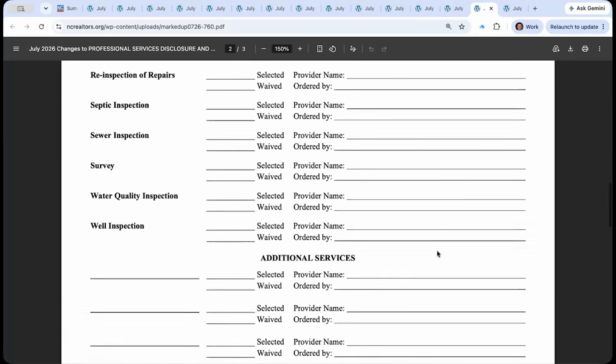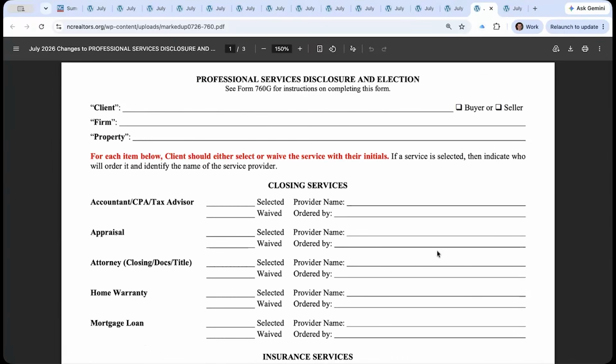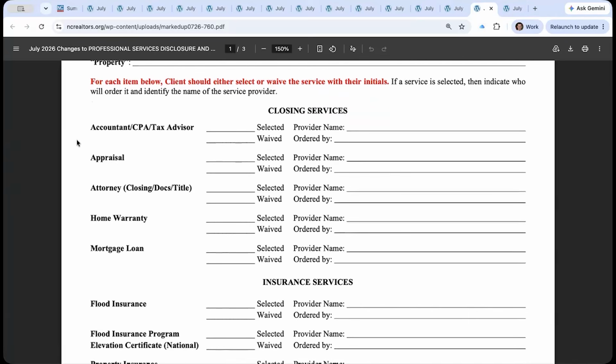And the reason for that is because this document is extremely important. If you're not filling this out, you should be doing it every transaction. You can see here, you get check boxes for buyer and seller. So if you're a dual agency, you can do it for each of your clients, or just indicate which one. But it's been expanded tremendously to include a lot of specific things. And that's because,